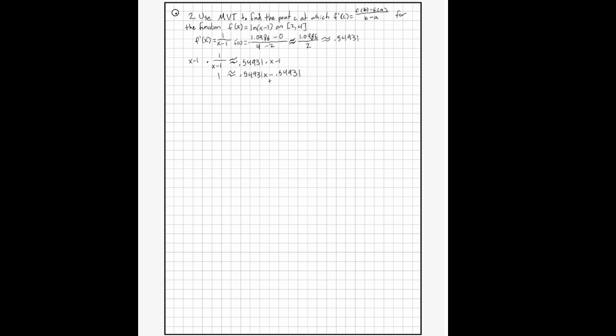Now I add this to each side, 0.54931, and then after I do that, I get 0.54931 is about 0.54931x. I just divide 0.54931 on each side, and x would then be 1.5439 because I'm